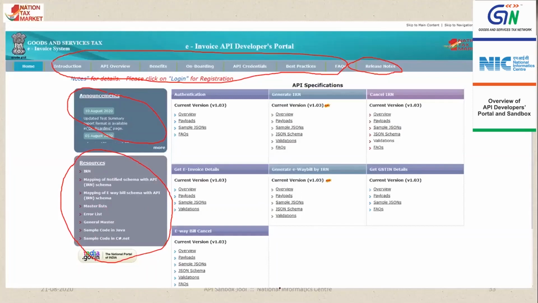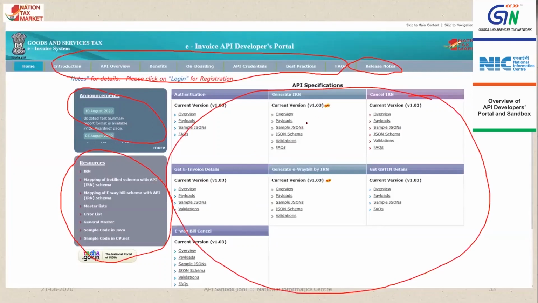So here you can get the details about the specification of all the APIs that have been already released. That includes the payload, sample JSONs, the schema, validation, etc. So this information is available for public without any login, etc. So anybody can access this information directly.